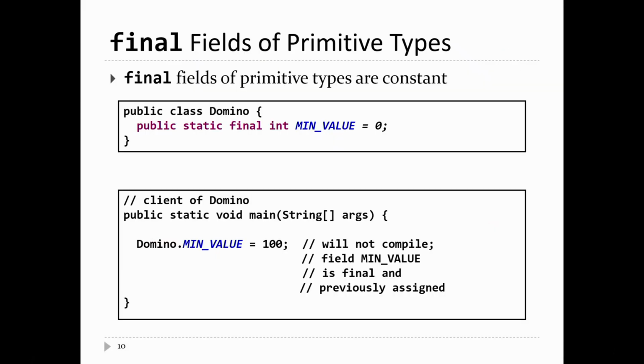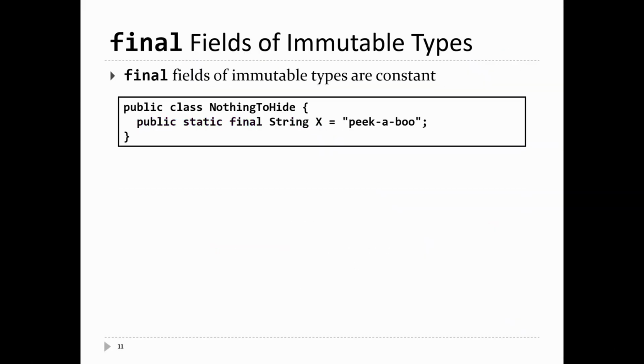Now, the problem in Java is there are also reference types. If you have a reference type that represents something that is immutable, then that is also a constant. Remember in Java, strings are immutable. Once you make a string, you can't change the characters of the string. So if I make a public static final string and assign it,